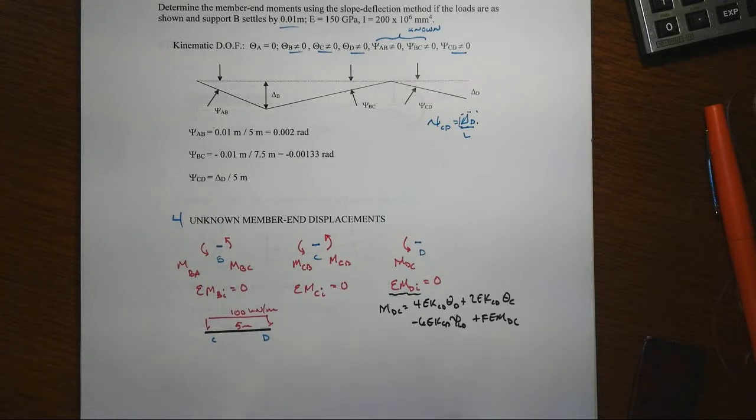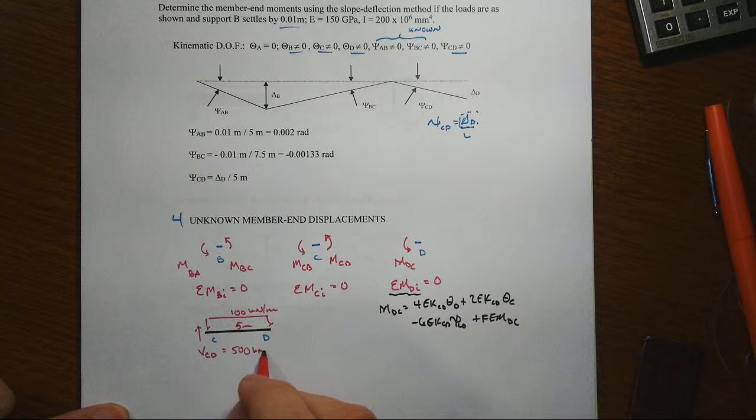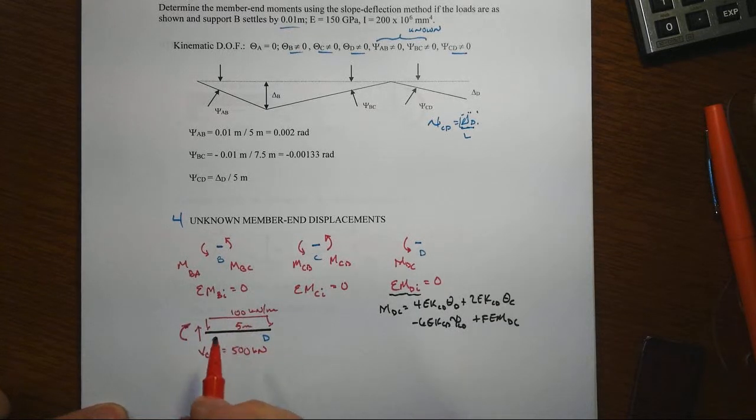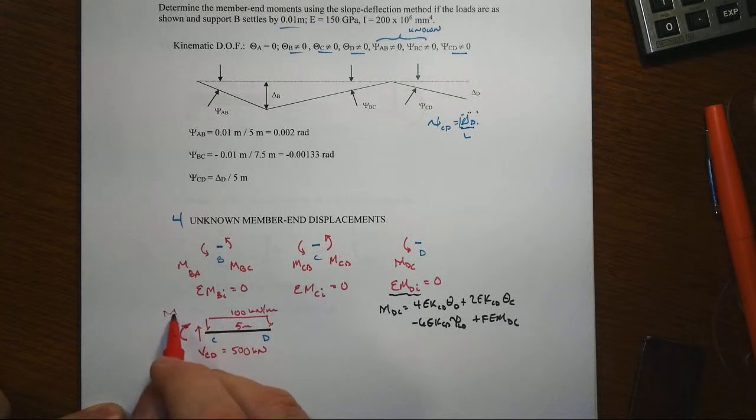And note what happens here. We'll have a shear force at the end, that's VCD. That's going to be an easy one. That's going to be equal to 500 kilonewtons, and we're going to have a moment. Now make sure you use the positive sign convention here. There's your MCD,